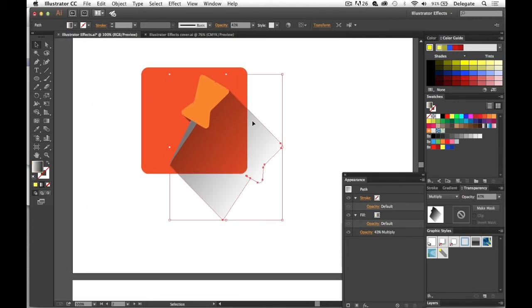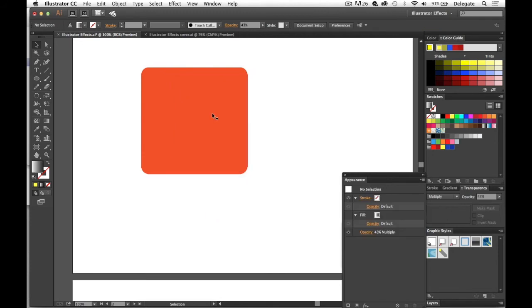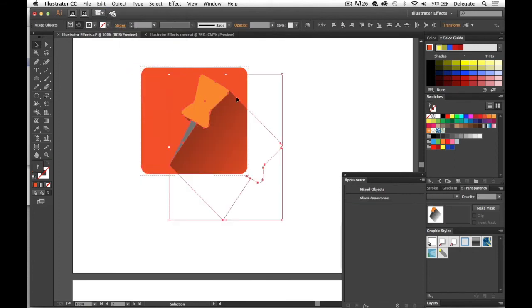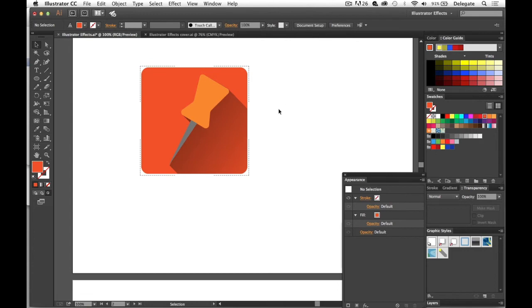So I'm going to select the shadow plus the drawing pin. I'm going to cut it, Command X, click on this shape, change its drawing mode to draw inside, and then if I do an edit, paste in place, it will paste it back into the shape and the shadow is automatically clipped. And then before I forget, I'm going to change the drawing mode back over to the normal way of drawing